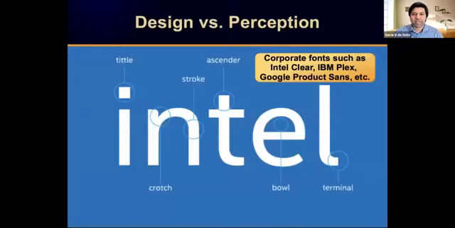So some of the big tech companies are spending huge amounts of money to actually design new fonts. And so you might think, okay, if this makes sense for Google because they design user interfaces, Android and so on. So they need to really put in the effort to have a nice UI. But even other companies, Intel has its own font. So it's not just their logo, they have a whole font design based on certain ideas of what their corporate design should look like. And IBM has their font, and many other companies have designed entire fonts based on certain things they want to convey.